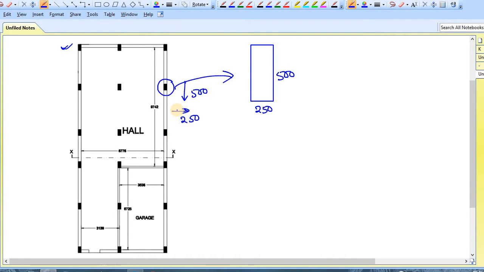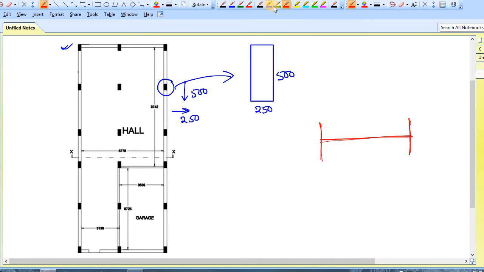To discuss this we will take the example of an I section. Let's consider this is the I section. In this I section, what is the major axis and what is the minor axis?